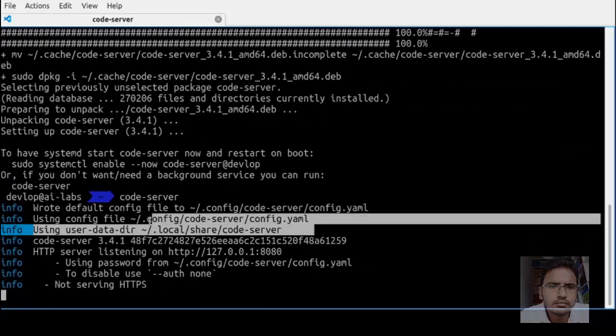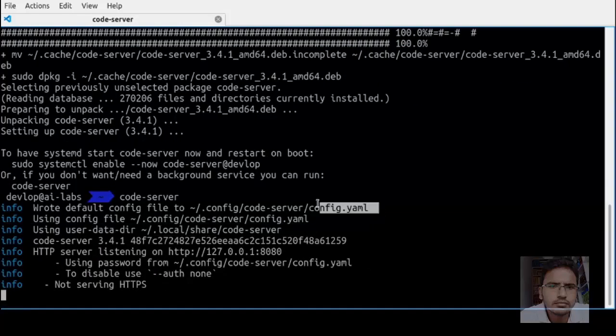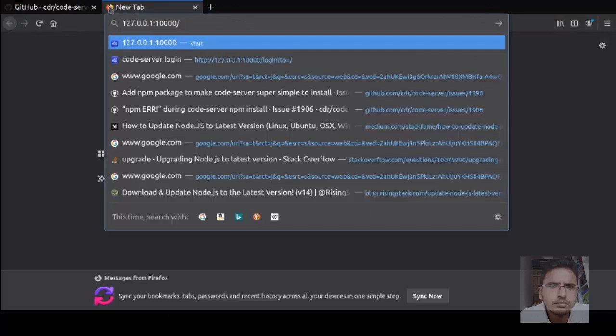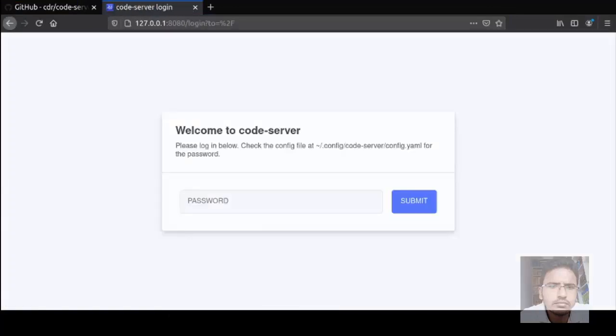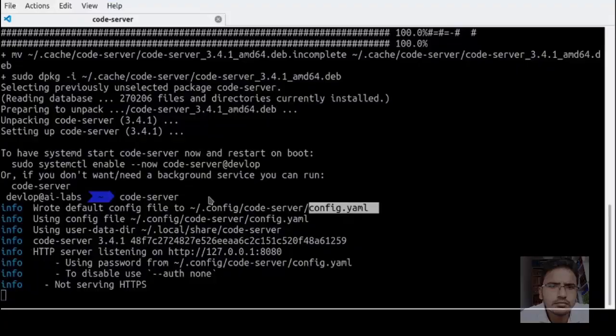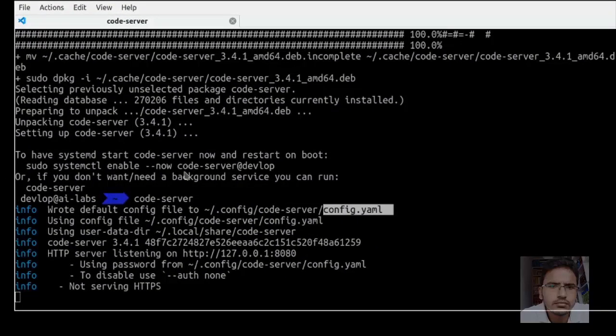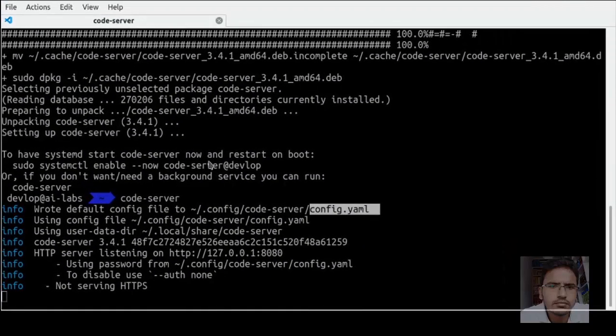Run the code server with code-server. The configuration file is stored in .config/code-server. Now you need to give the password, which is stored in the config.yaml file.